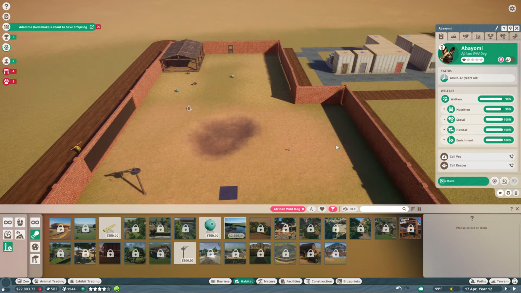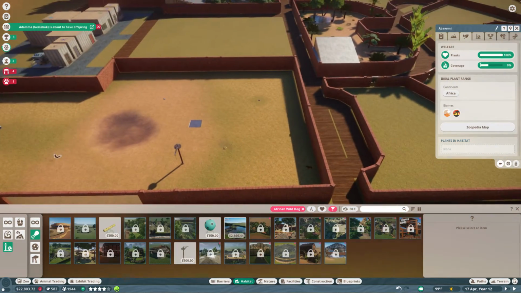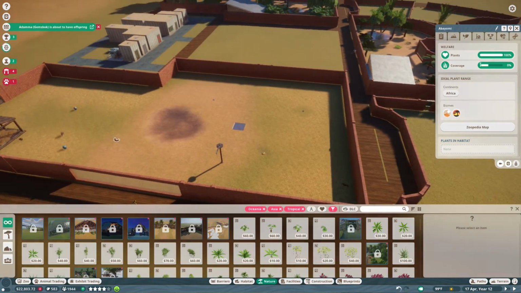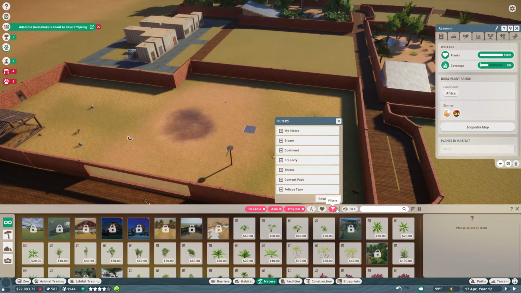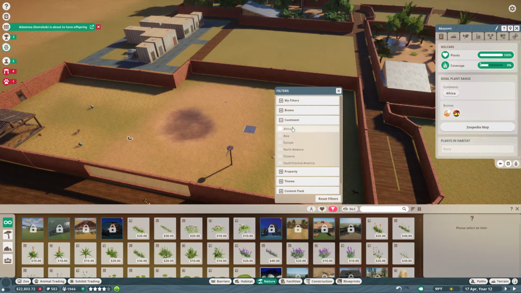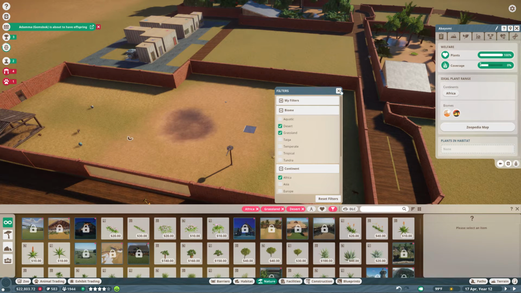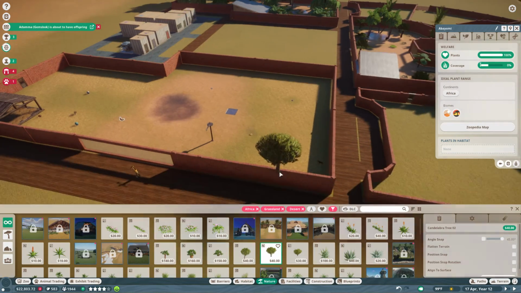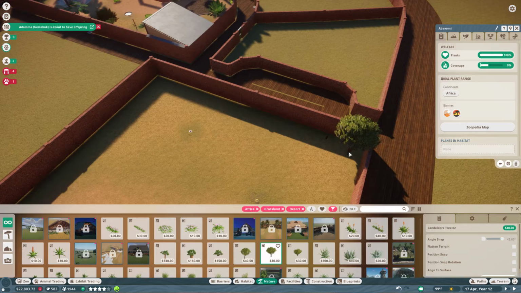So they are good because they don't really require any vegetation. And what they do require is going to be minimal. Okay, so let's do Africa, desert, and grassland. We're going to do just a few trees. Going to avoid the